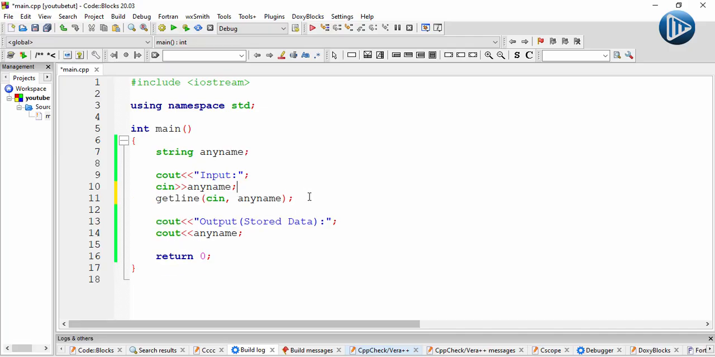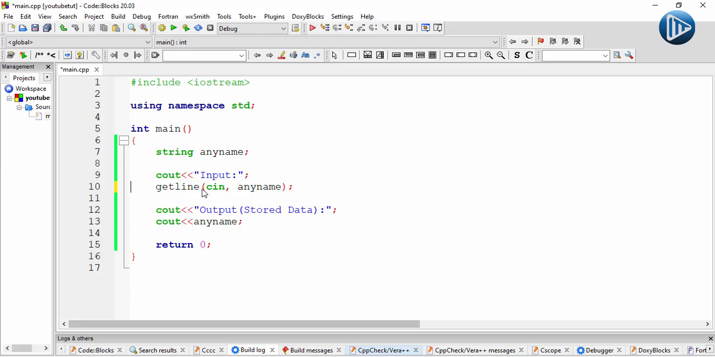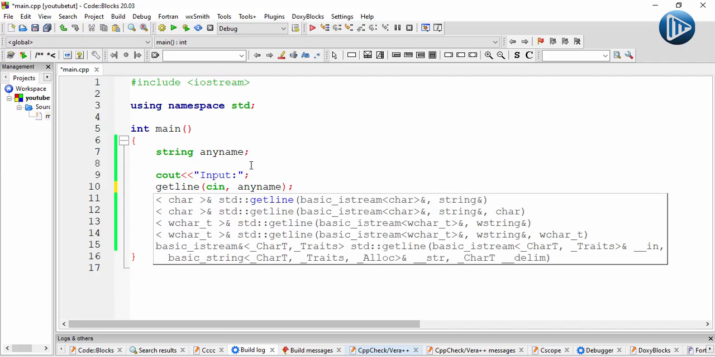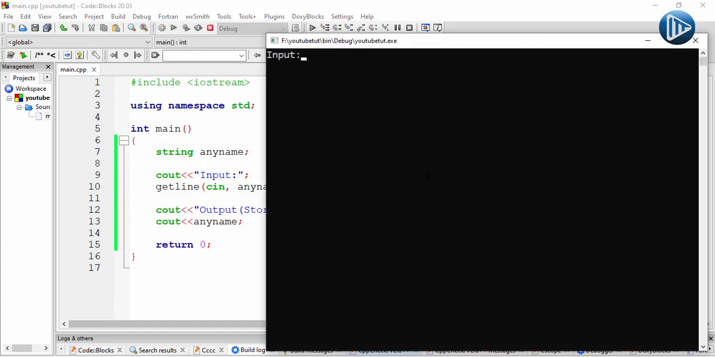Now getline will get the sentence from our user. So we don't need the cin instruction anymore, and we can get rid of it because getline will get the data from our user. And now if we try again to run our program and type the same sentence that we typed before,